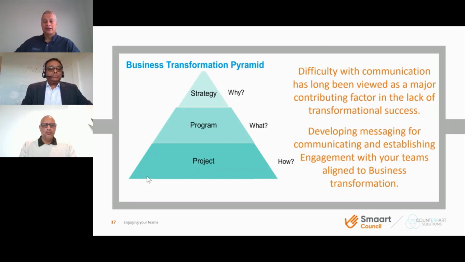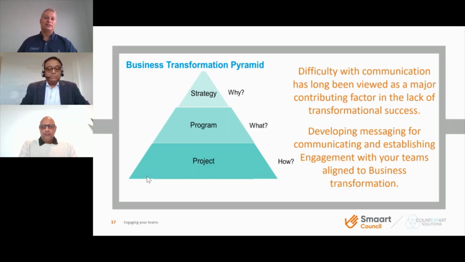So just to add to that, that's good, Ganesh, thank you. If you tried to align that back to the first slide where we talked about the enablers and the strategic drivers, the project is delivering those capabilities. The program, if you like, which is the digital transformation or business transformation initiative itself, is actually driving the key business changes and the approaches to the business. So the project might deliver components of those changes, but overall there's a management, if you like, of the business moving from current state to target state.